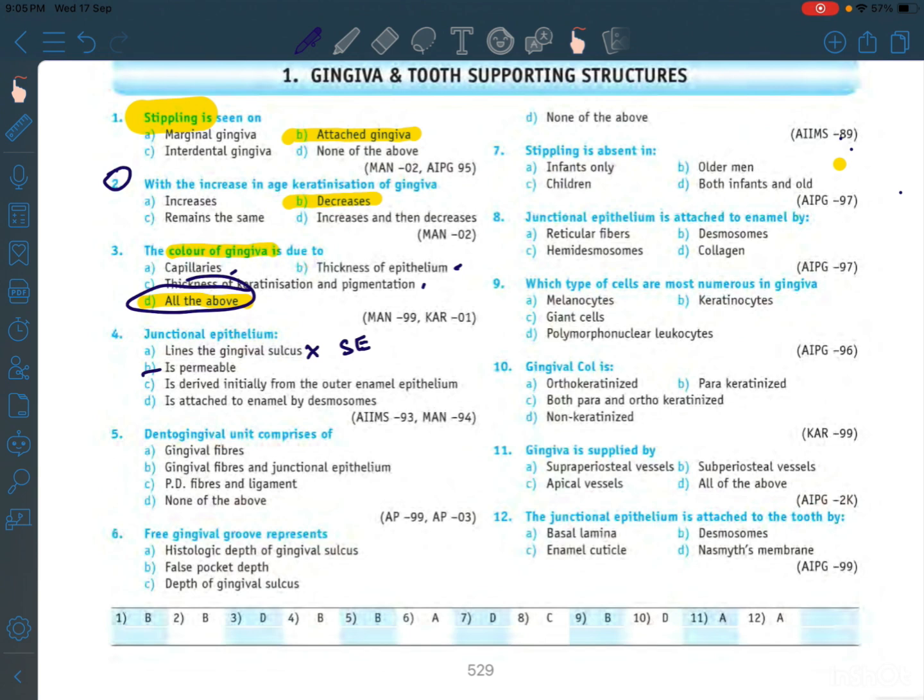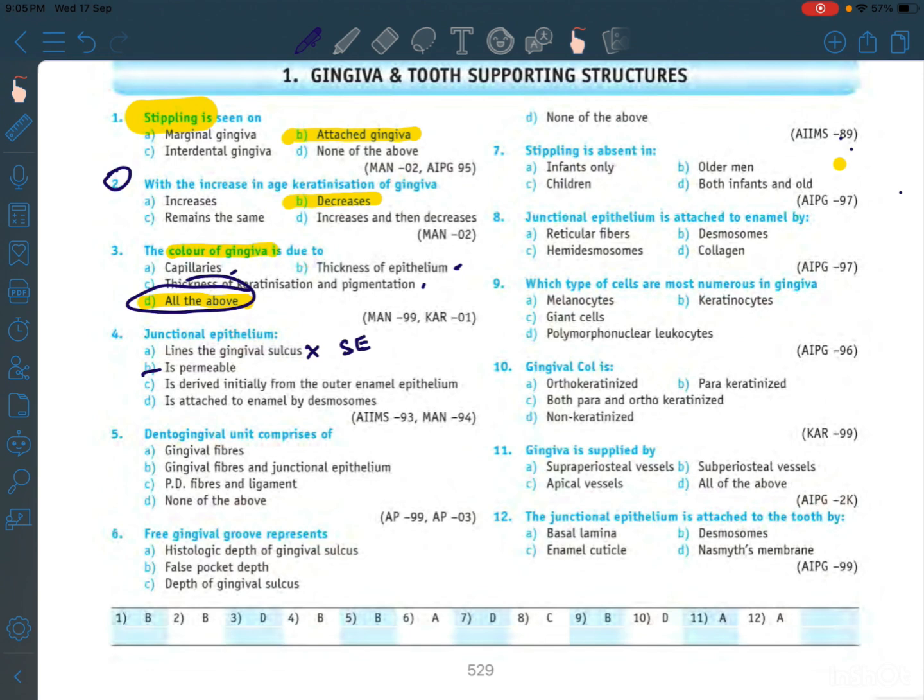It is only 15 to 30 cells thick coronally, and it becomes even thinner apically, which offers less barrier. Also there is a high turnover rate. Junctional epithelial cells have rapid turnover, 4 to 6 days, and loosely arranged immature cells, which further adds to its permeability. So what you have to remember from an exam point of view is that junctional epithelium is a highly permeable layer due to wide intercellular spaces, reduced desmosomes and high cellular turnover, which allows the passage of gingival crevicular fluid and defense cells.